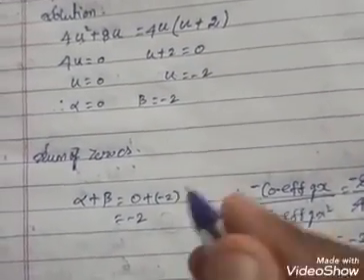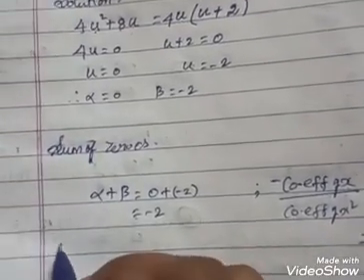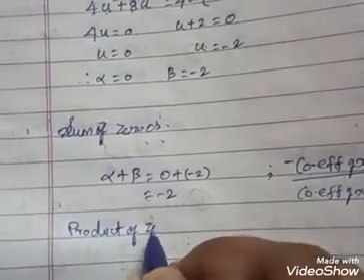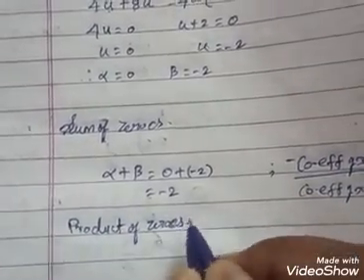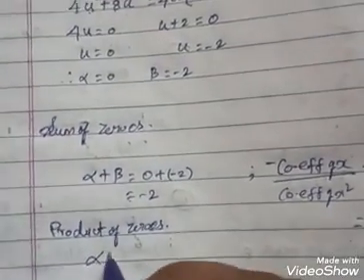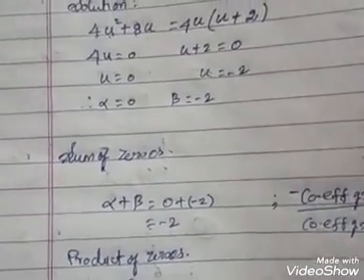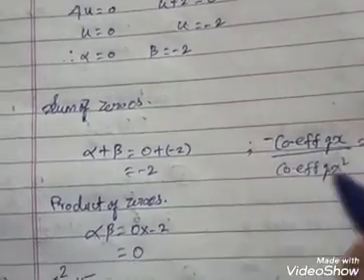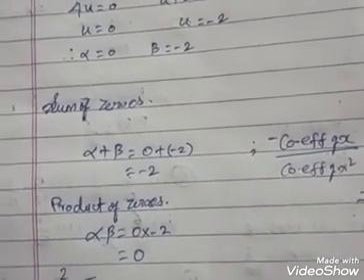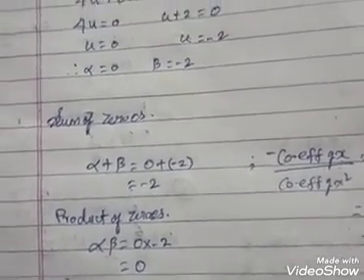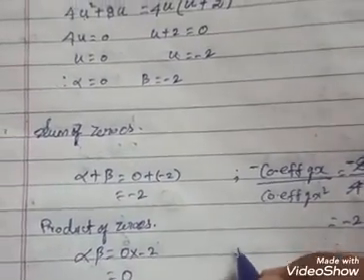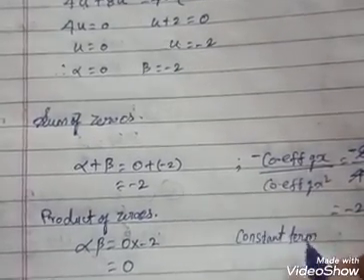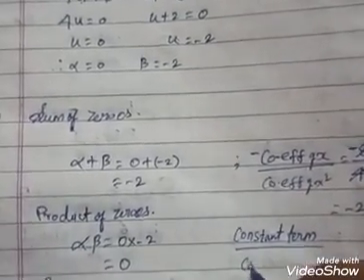Next, product of zeros. Product of zeros, alpha beta. Alpha beta means alpha into beta. So 0 into minus 2 you get 0. Alpha into beta, we get 0 into minus 2, which is 0. Now by comparison of the coefficients, here we take the constant term divided by